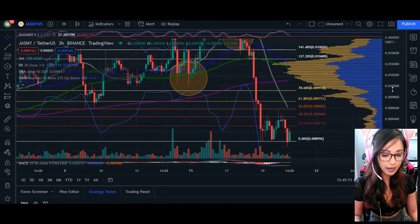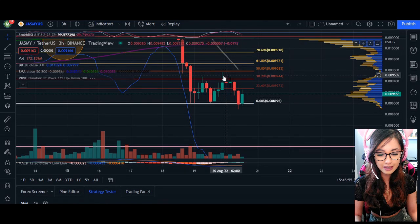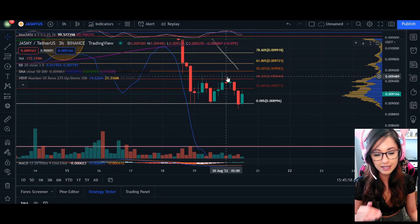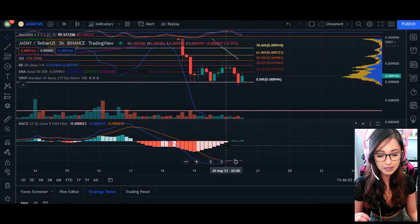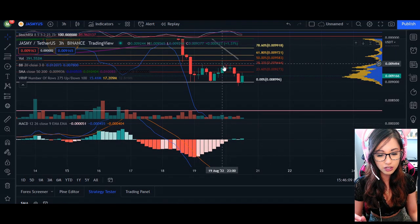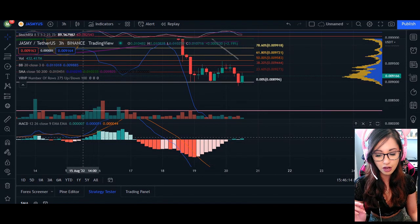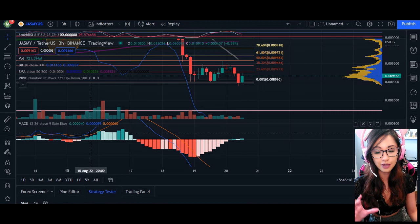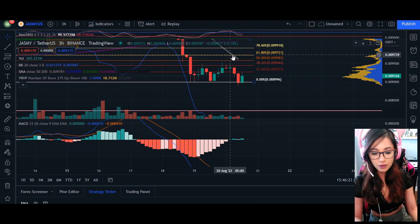If we look at our 3-hour time frame, again, really not a whole lot that we can see. We can see a lot of wicks at the very top here trying to push the price as much as they can. But of course, hitting resistance, as price was not a whole lot strong on our MACD indicator. If you take a look at how small these histograms are, especially closing up at a resistance area, if we had strength such as this and saw an increase of the bars getting really big, then it would have been realistic for us to actually break through the 38% of our fib and actually retrace closer to the 61